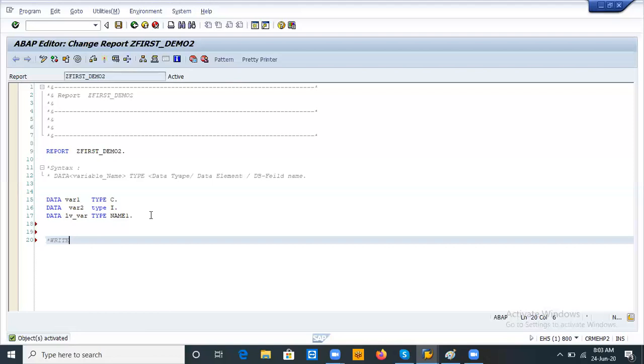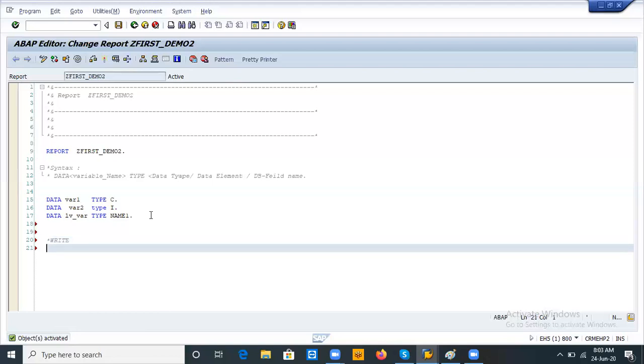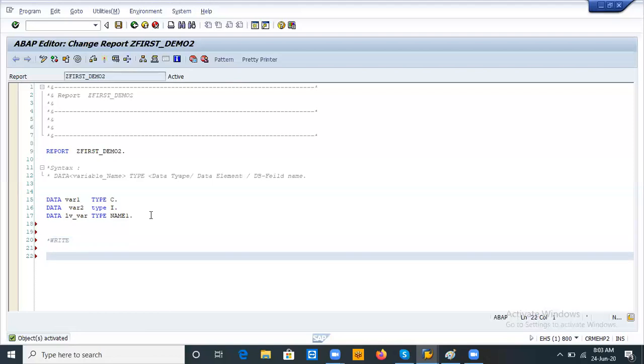See, now I am using the same write statement down here. But what are the words? If you are using words now, those words should be in inverted commas, like this. See here I am writing, "This is first program."